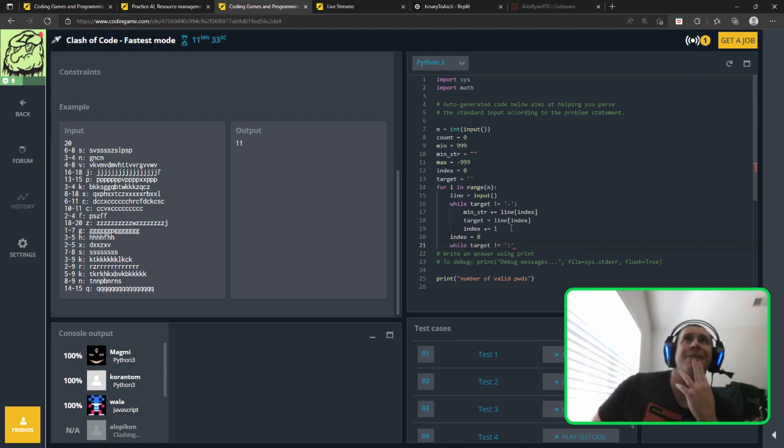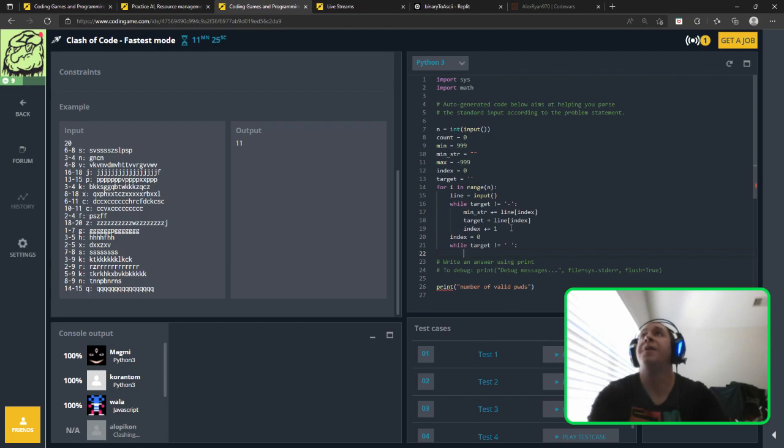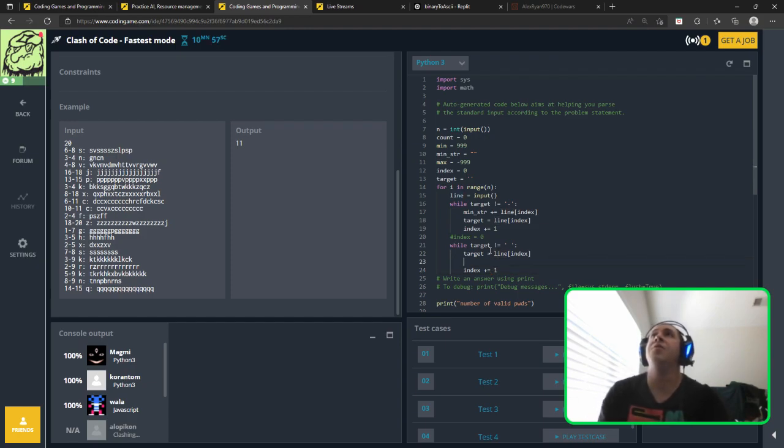Actually, or no, space. There we go. So now we need to absorb. Ooh, actually, we might not want to reset this since we're dealing with the same line. Okay, we'll leave index alone, and then target equals line at index. Okay, and index plus equals 1. Now we're going to do